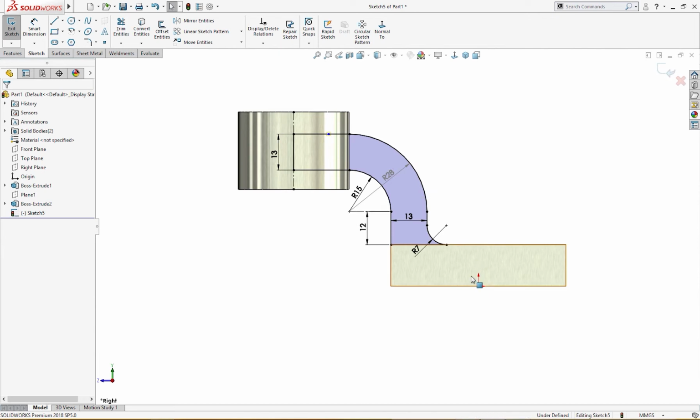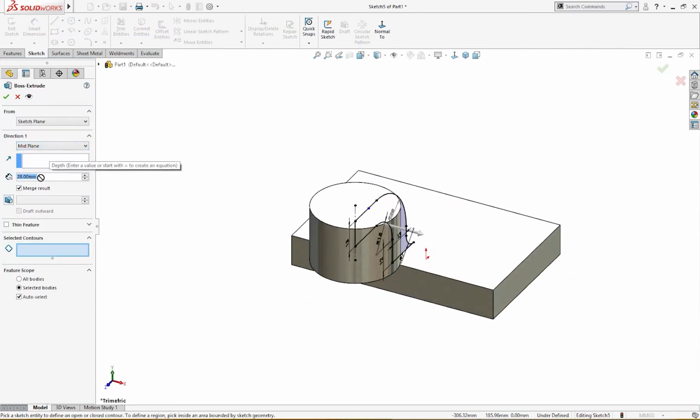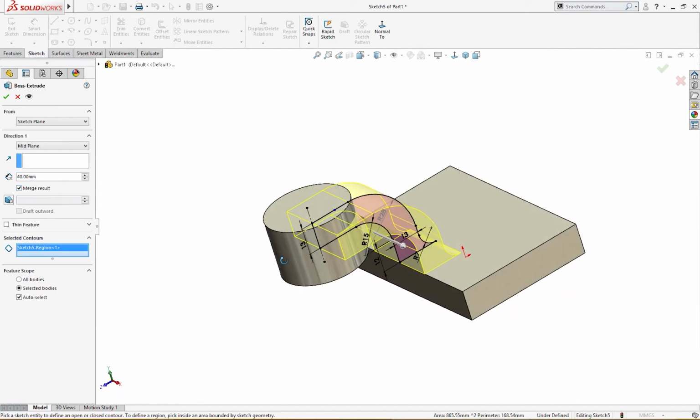The sketch is fully defined. Now let's extrude it. This is 40 millimeter from mid plane. 40 millimeter from mid plane. This one. Okay,